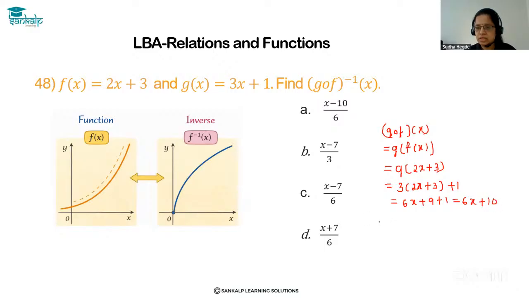So take this as y. So y is equal to 6x plus 10. Implies x is equal to y minus 10 by